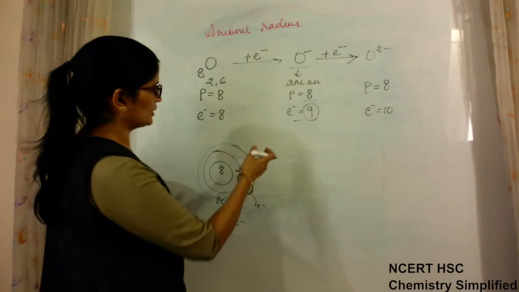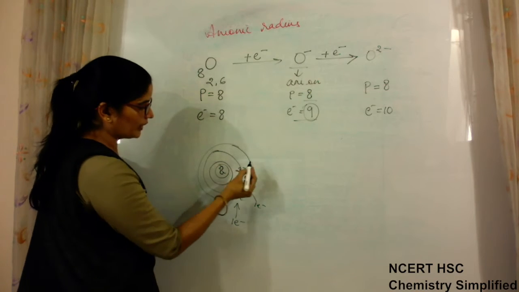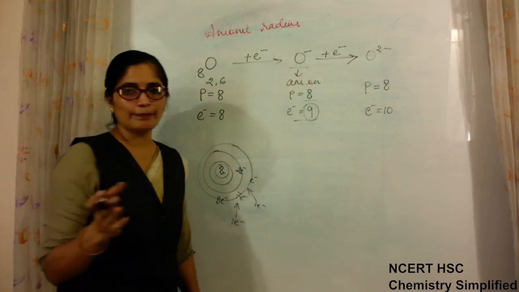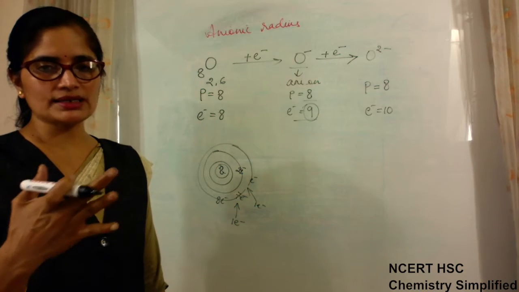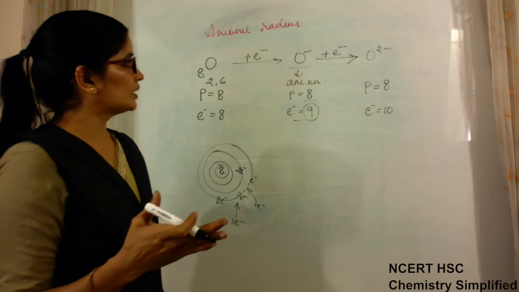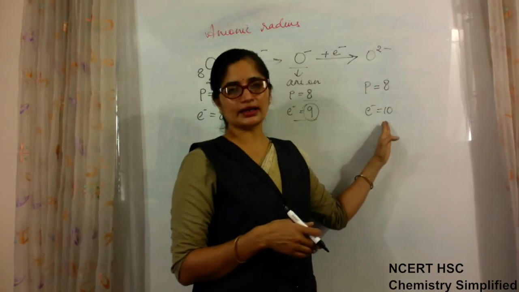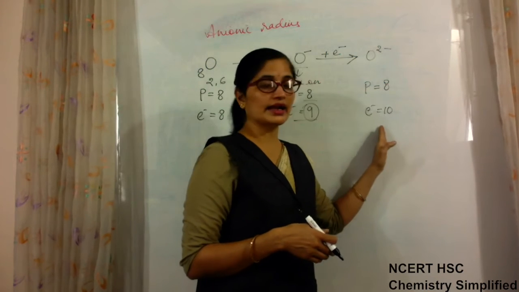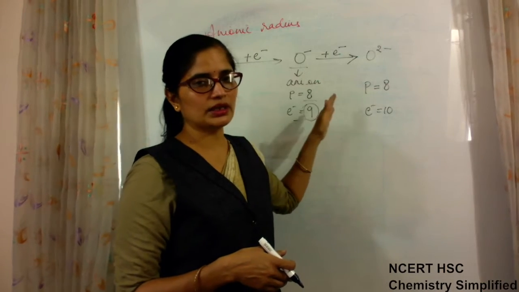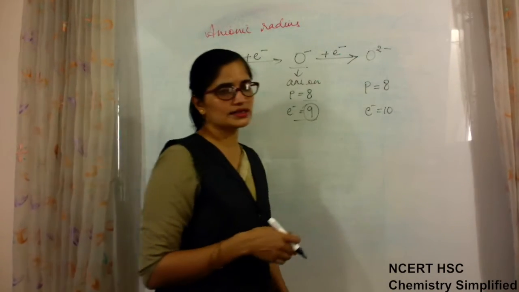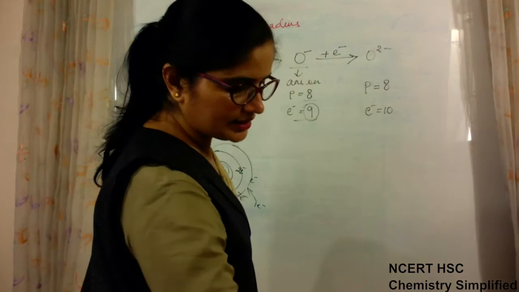P is equal to 8, electrons are 9. Now in this case, a smaller number of protons are pulling a larger number of electrons. So the pull will be reduced. When the pull is less, the atomic size will become a little larger. Furthermore, only 8 protons are attracting 10 electrons. Then again the attraction will be less, and because of this the atomic size will become larger. So a statement we can always write is that always